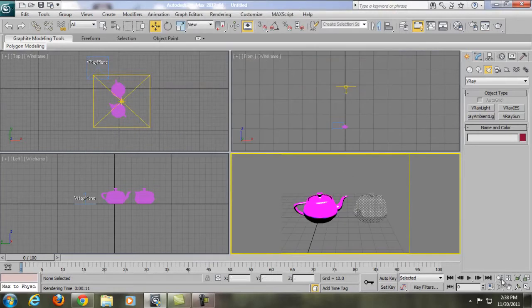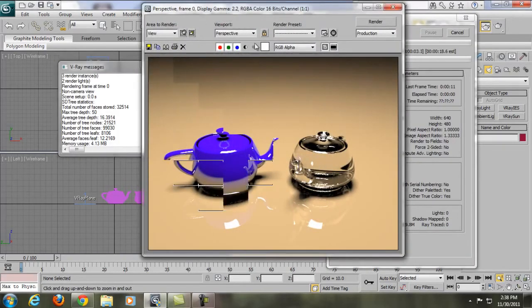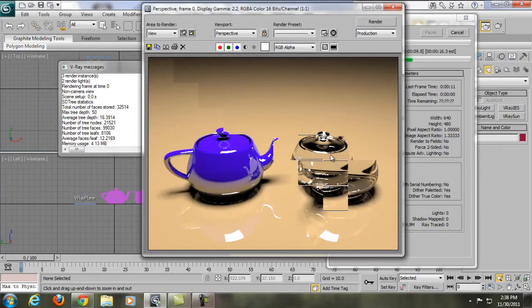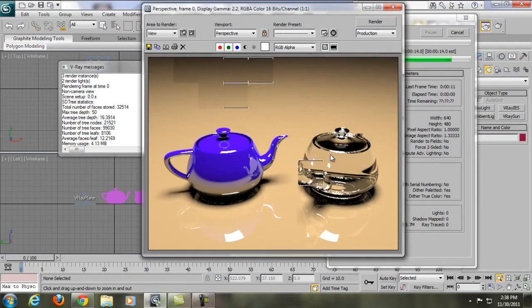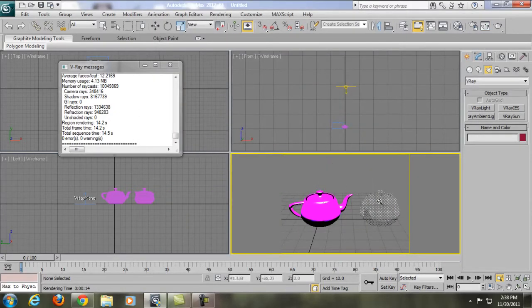So one thing, as you can see here, the teapot on the right side is made of glass. So sometimes glass has some caustic lighting. So I hope you understand. I'm sorry, my English is not so good. So all you're gonna do to make it more realistic, if you have some glass in your scene, you're gonna